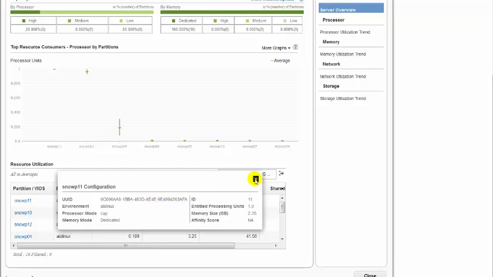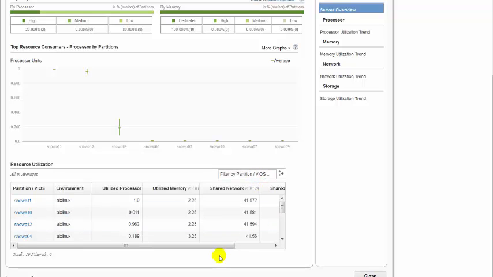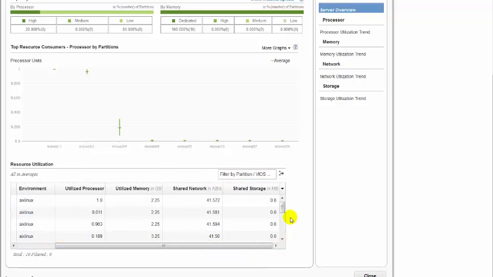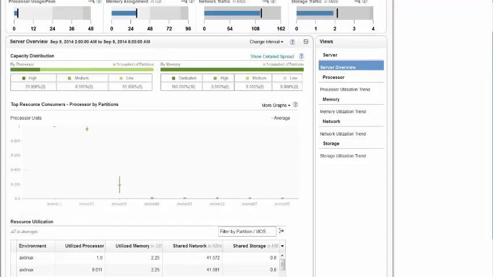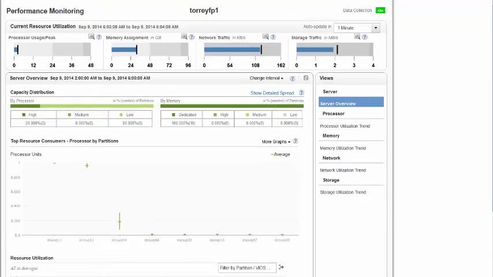We can close it here. Then one can select this option to select or deselect the columns. So we can configure the columns for this table. So this is general information about the screen layout.